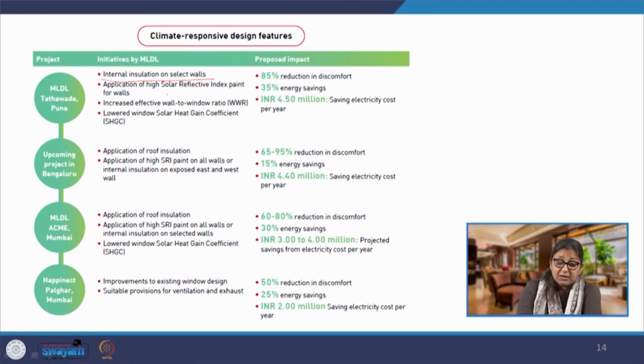For example, the application of solar reflective index paint, which reflects a lot of excess heat, and increasing the effective window to wall ratio. Now, this is a climate specific one. In some cases we will be increasing the window to wall ratio, in some cases we will be reducing. So, we have to clearly see which are those cases where a higher window to wall ratio is required. Lowering the